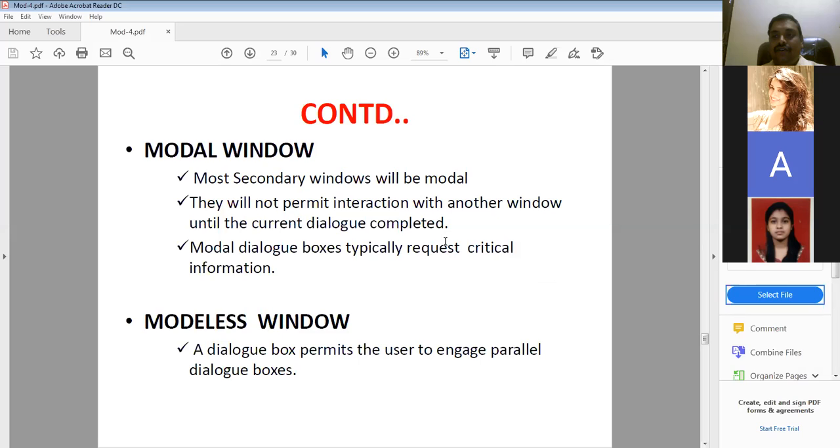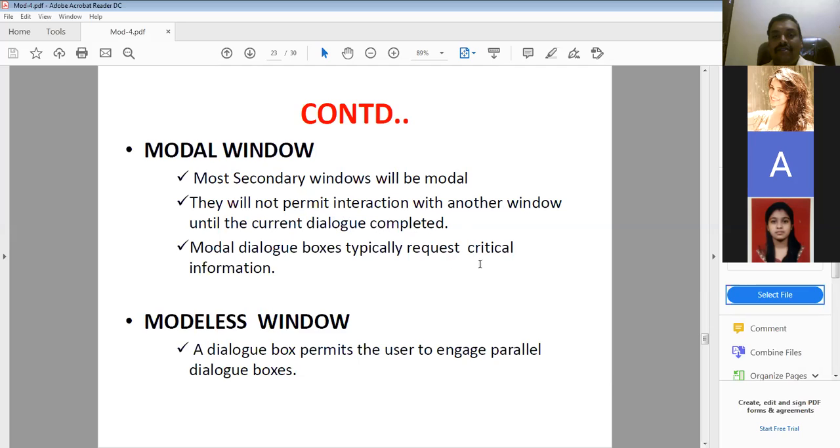When you click on the save button, unless you finish saving completely, you can't go back to the download folder, because it keeps pinging on the browser. You can't go back unless you save the particular file, then only it will allow. That is called a modal window. It means they will not permit interaction with another window until the current dialog is completed.